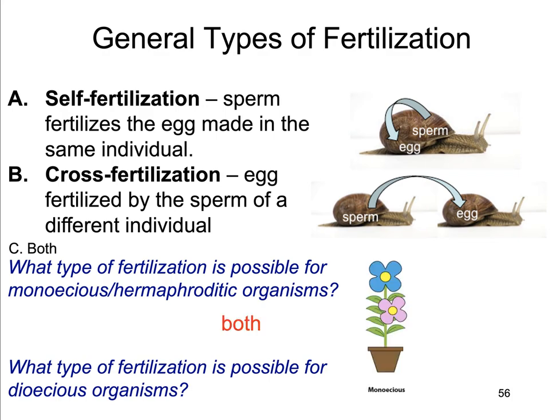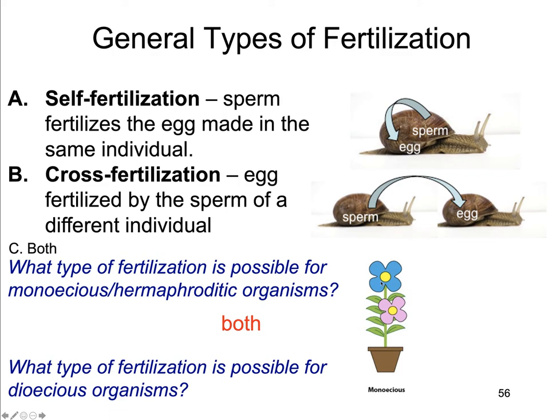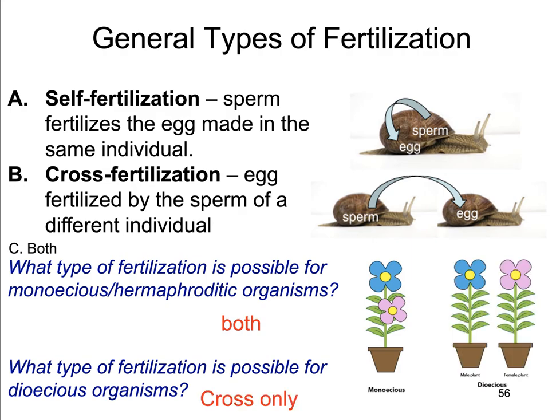Okay, so if you said that monoecious or hermaphroditic organisms are capable of both self-fertilization and cross-fertilization, you would be right. They can self-fertilize, but they can also potentially cross-fertilize. That's because you can have another plant just like this across the way, and you can have some male sperm from this plant fertilize a female flower from that plant. Just like you could have some sperm from this hermaphroditic snail fertilize an egg from this non-hermaphroditic snail, just as an example, okay? So monoecious or hermaphroditic organisms can do both, whereas dioecious organisms are only capable of